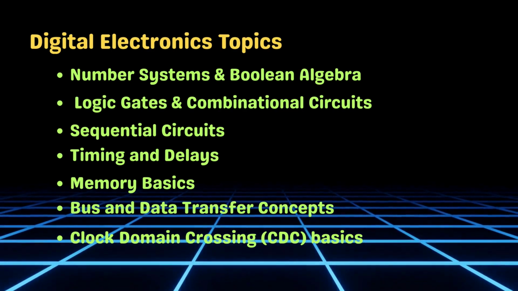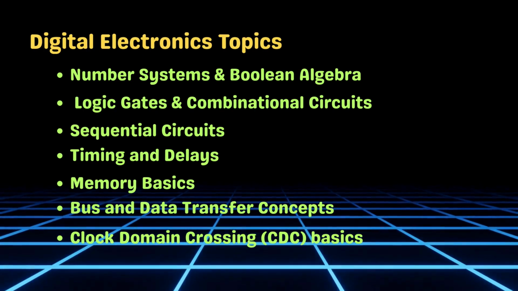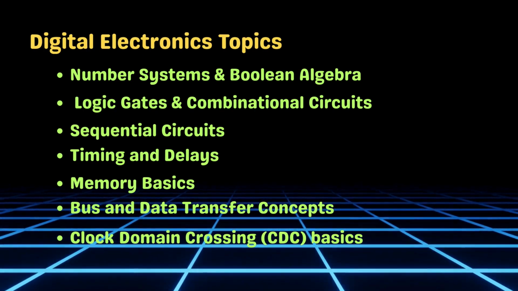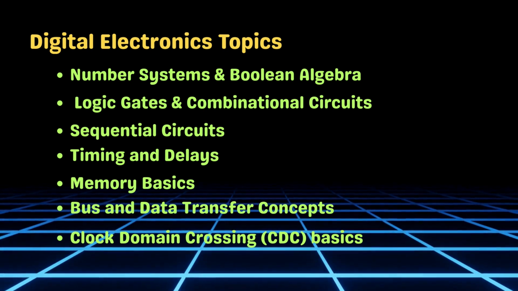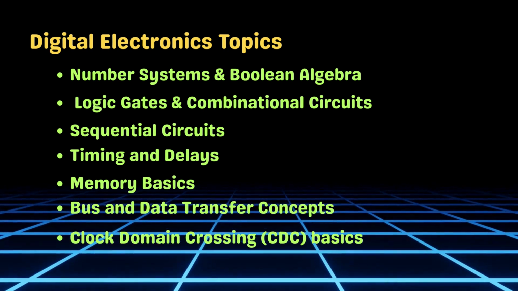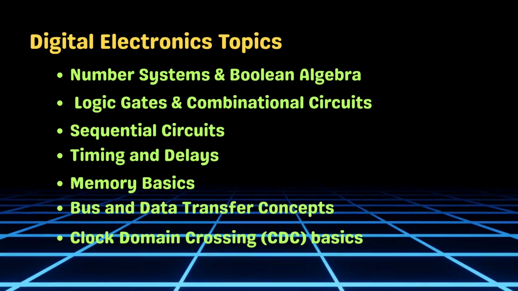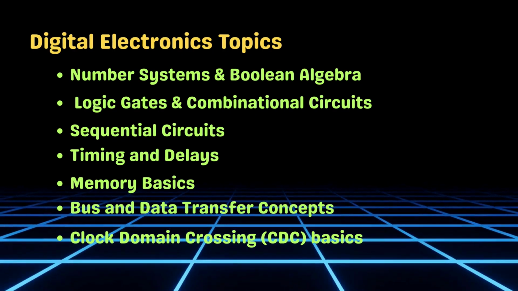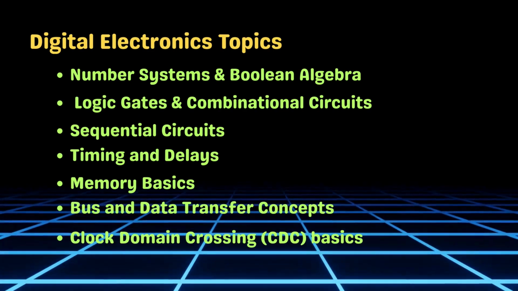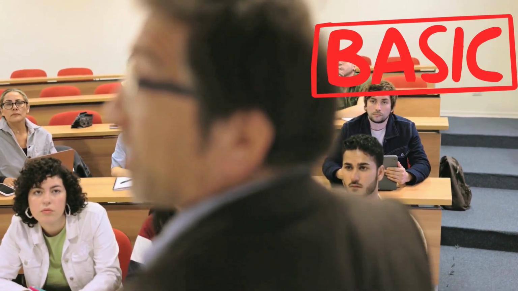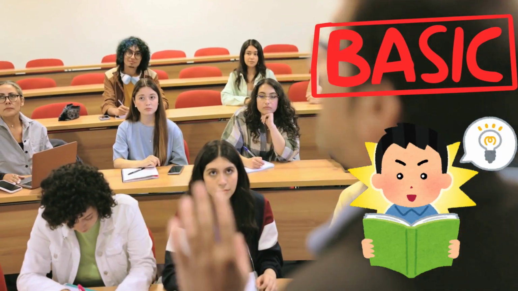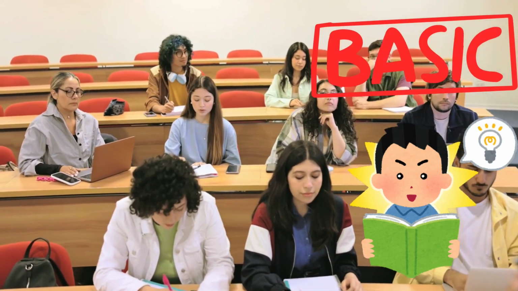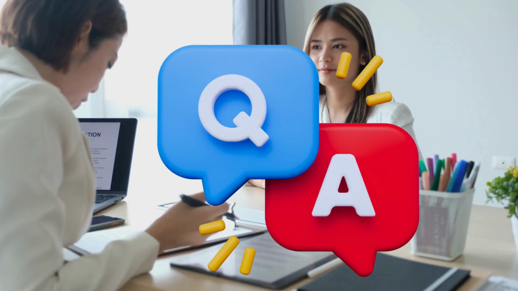Now the next step is clock domain crossing. For example, if there is a circuit which is running on 10 megahertz and another circuit which is running on 20 megahertz, how do you make data transfer from this memory to another memory, or from the first circuit to another circuit? For example, we use FIFO in that. So these are the basics which are covered in your BTech if you are from electronics and communication or etc. So this is basic, and the basics and fundamentals should be clear, and